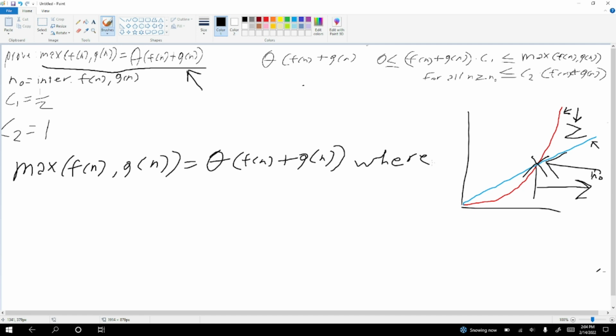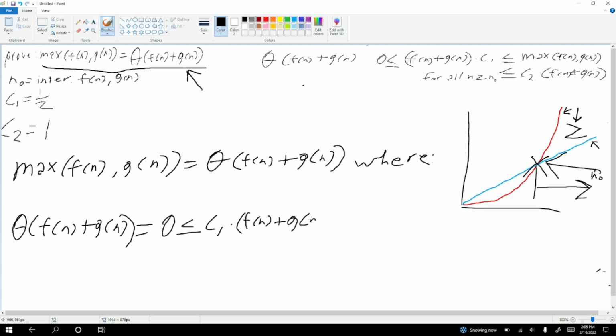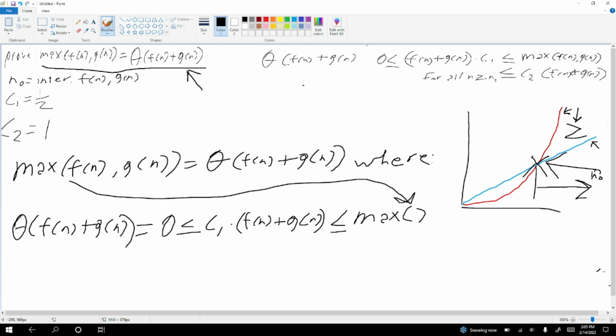where theta of f of n plus g of n is equal to 0, which is less than or equal to C1 times f of n plus g of n, which is less than or equal to our max, which is less than or equal to C2 times f of n plus g of n,